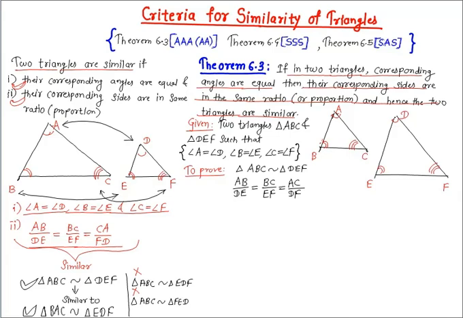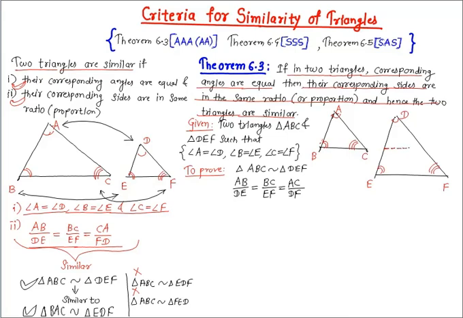But in congruent triangles, we learned that along with the corresponding angles, corresponding sides should be equal. And if you look at these two triangles ABC and DEF, corresponding sides are not equal, right? So how can we use the concept of congruency? What we will do is cut the bigger triangle DEF in such a way that sides of the triangle will match with the sides of triangle ABC. So what we need here is a construction.